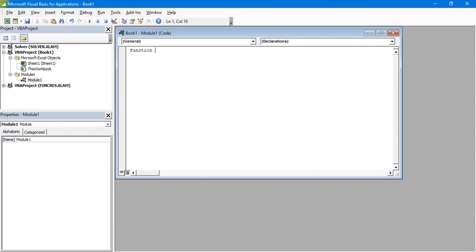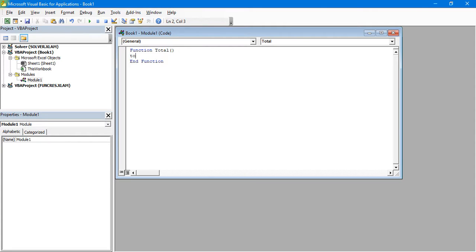So we write function and then the name of the function. We will write total. This is the name of the function, and as soon as I press enter, as you can see, the word function I wrote in small letters was automatically changed to capital letters. So some things will be done automatically.